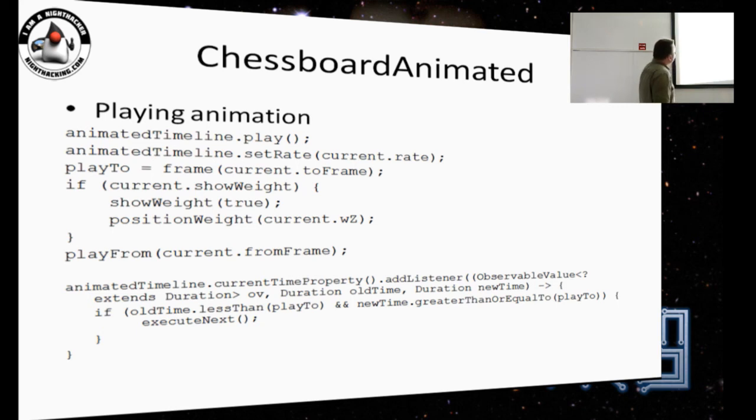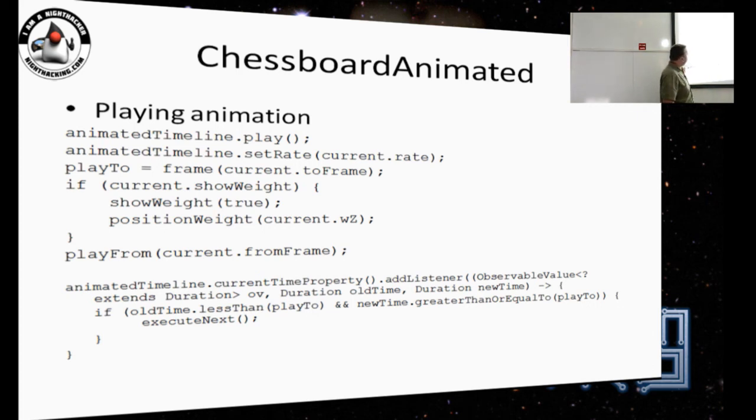So whenever we have a sequence object, we use the timeline that we got from the Maya loader, from the Maya file. We play it, and we set the rate from this sequence object. We remember up to which frame we're going to play it, and if we need to, we show the weight on top, if it is an animation that puts the weight down, and we position it. We start the animation from the frame stored in the sequence object.